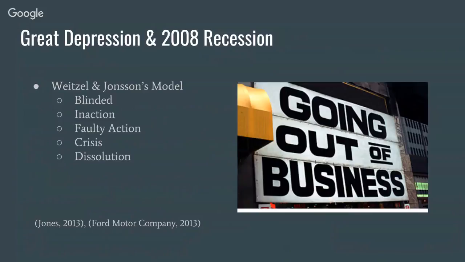Ford fell victim to the Great Depression in 1929. They ended up losing $68 million per year. Ford was a large assistance to the economy of Detroit. They ended up loaning about $12 million to banks around the year 1933. This instance would be an example of the blinded stage. Ford did not realize that lending money might hurt them in the long run. Ford was able to survive with help from its Model A car.